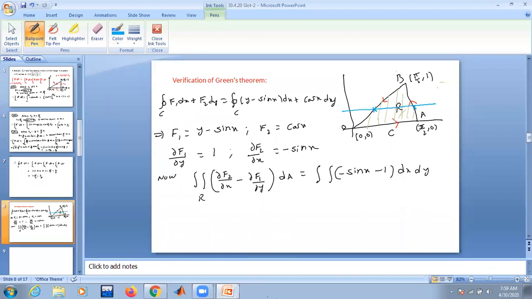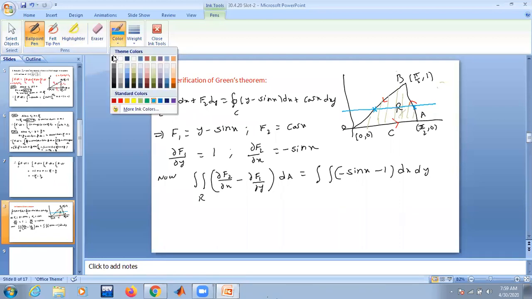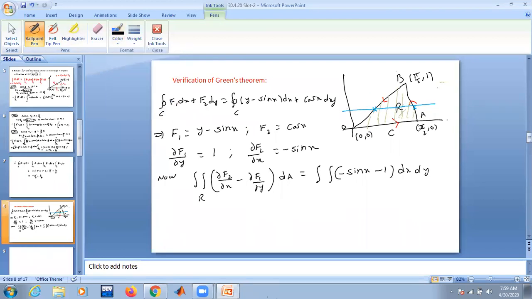Remember, in multiple integrals, we did some problems on partitioning the region. When you are drawing a line parallel to the x-axis or y-axis, make sure that it is always entering through the same curve and leaving through the same curve. So we are getting the same lower limit and the same upper limit, so you don't need to partition the region.